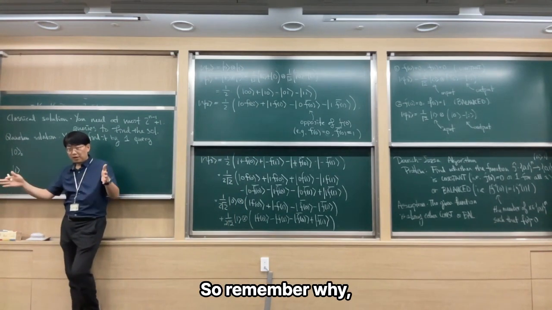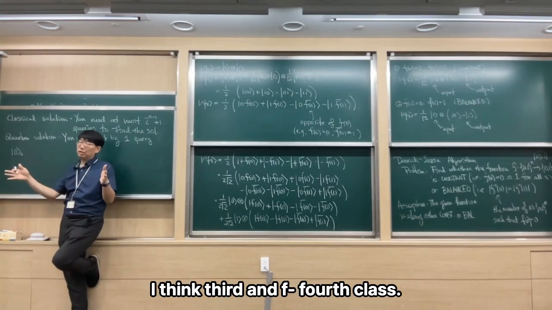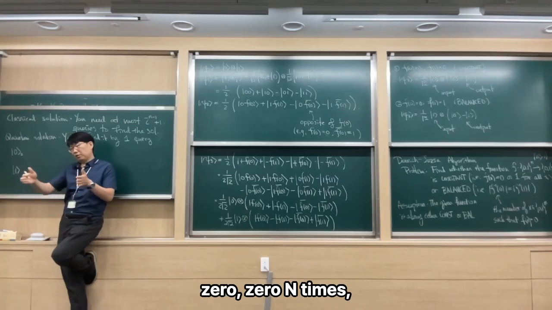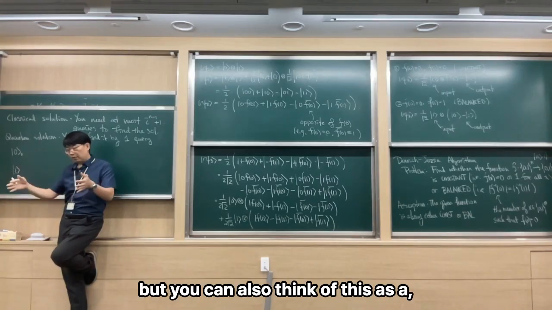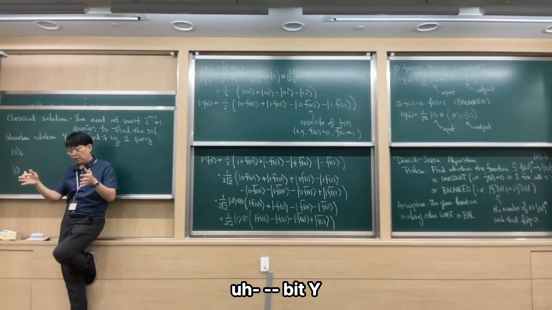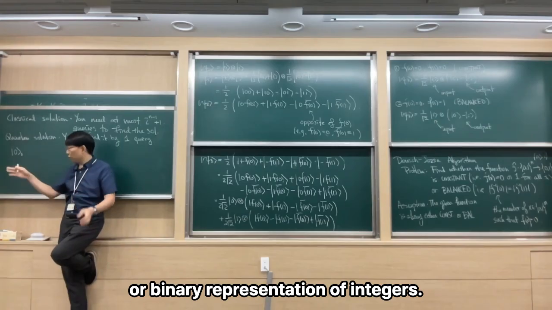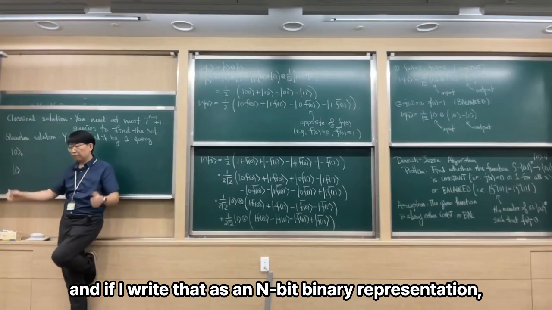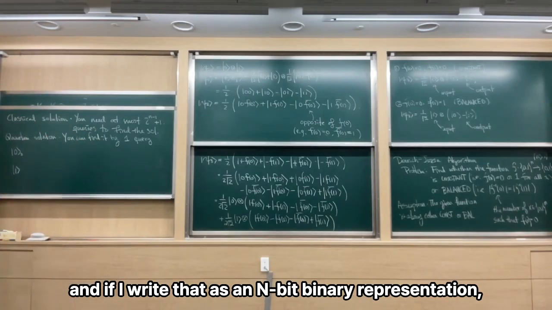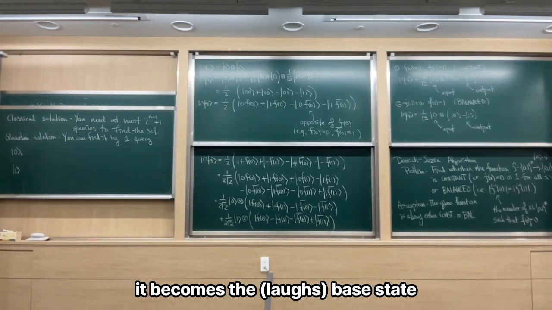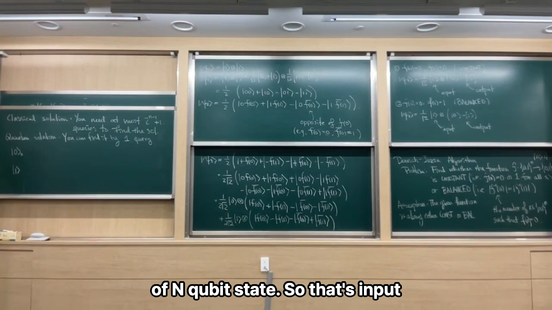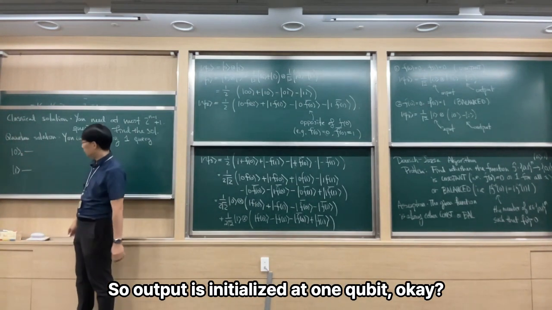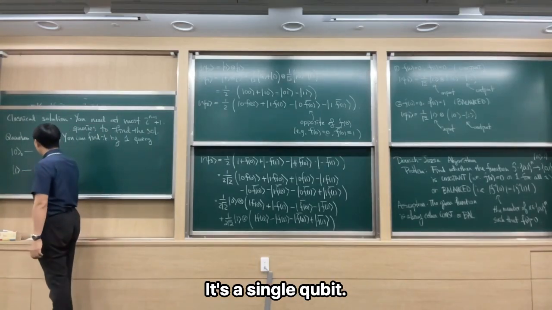Remember what I introduced in the 3rd and 4th class: we can write 0, 0, 0 n times, but you can also think of this as a binary representation of integers. So when I say 0, it's just the integer 0. If I write that as an n-bit binary representation, it becomes the basis state of the n-qubit state. So that's the input, and the output is initialized as 1 qubit. It's just a single qubit. And then